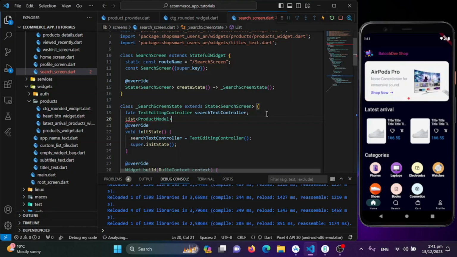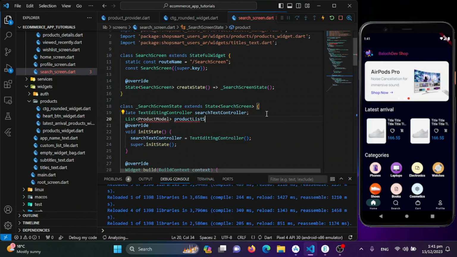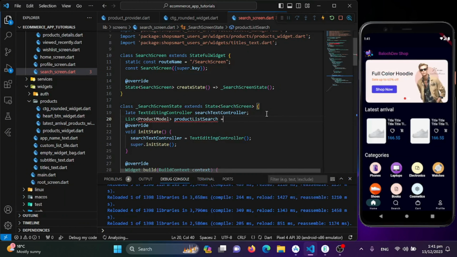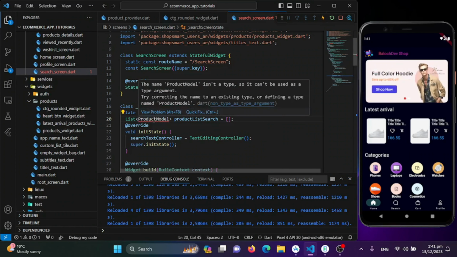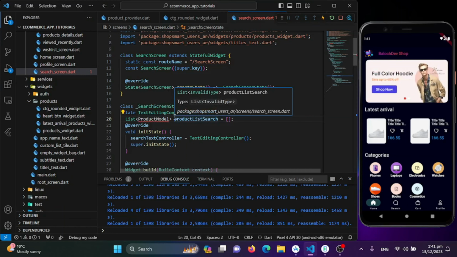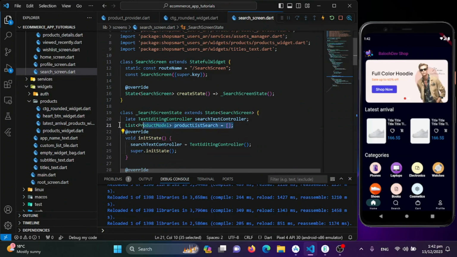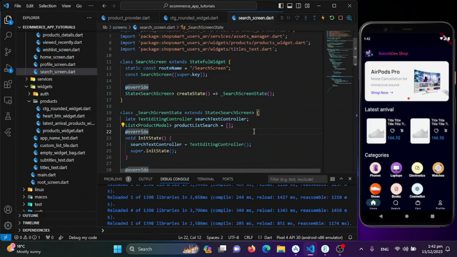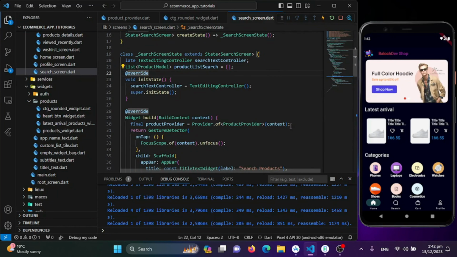Yeah, model. Great. Now I'll just name it product list search, and I'll just keep it empty. So I'll just do that. I'll just import this product model class here. So I'll just import that first. We are done by creating that, and now inside the context, this spell context, I have already